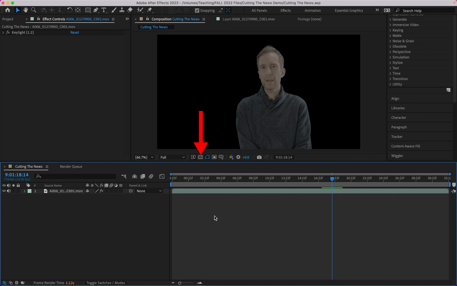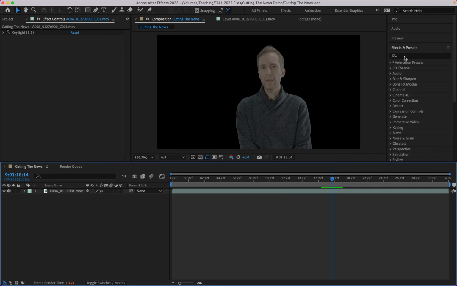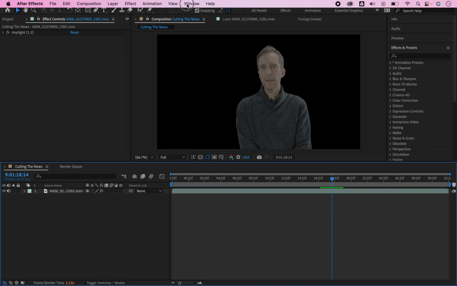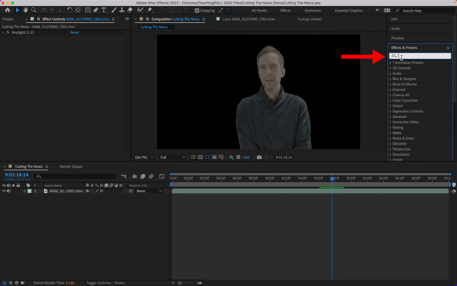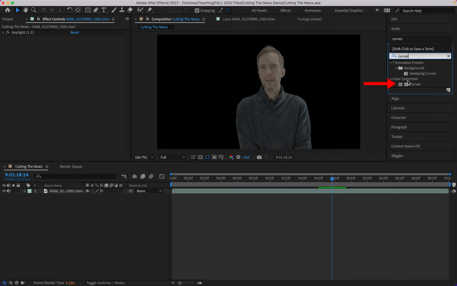in the preview window. Go to the Effects and Presets menu. If you don't see it, go to the Window menu and click on Effects and Presets, and it will appear. In the Effects and Presets menu, type Curves in the search bar. We will use the Color Correction Curves, so select and drag it into the preview screen to attach it to